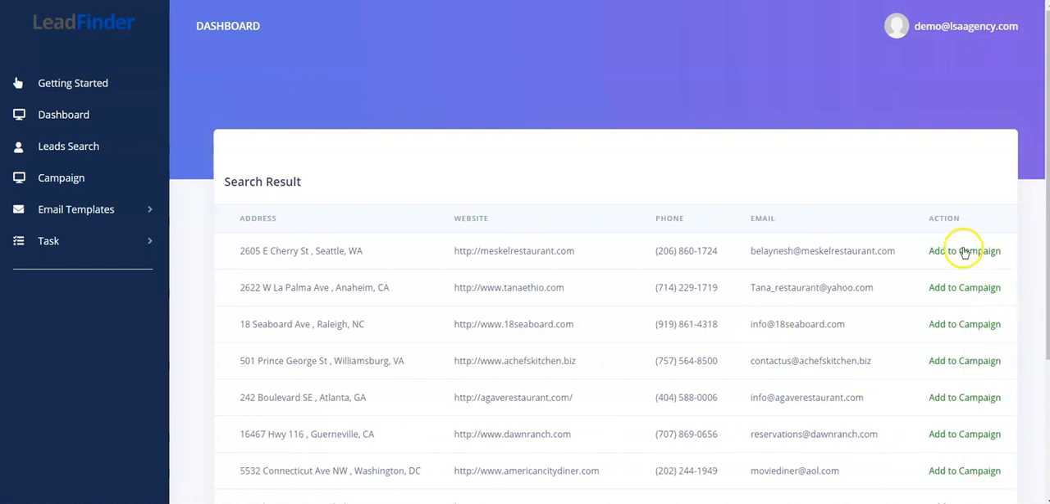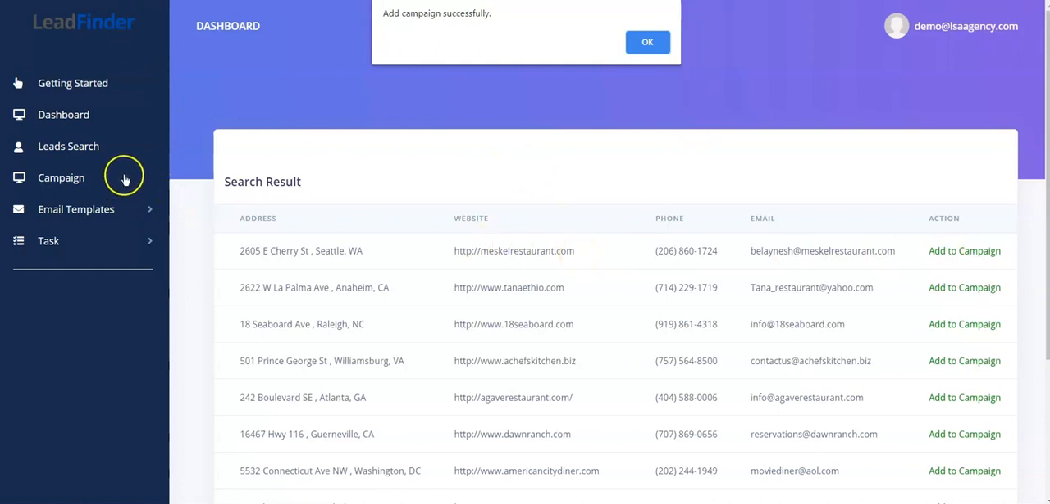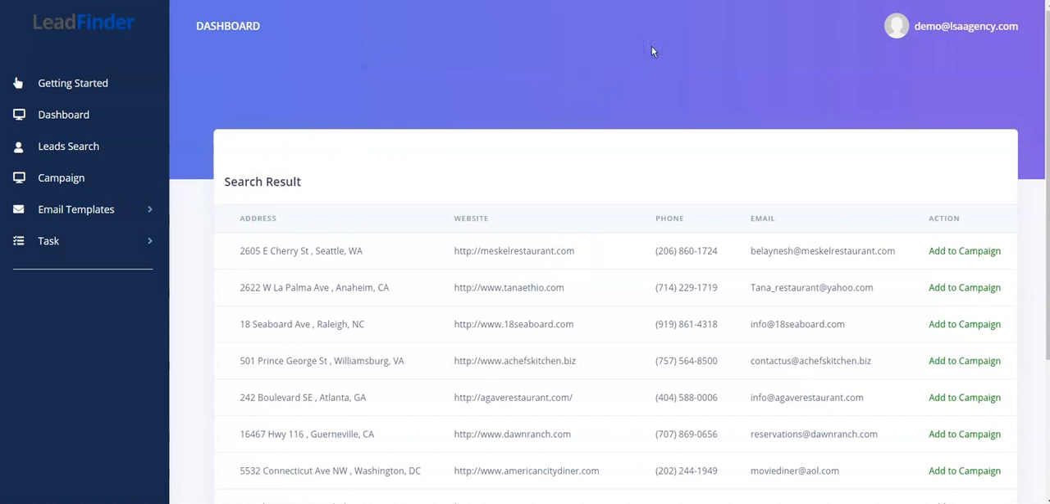So I'm just going to click on the add campaign button. What this does is it adds this particular business to your campaign dashboard. So I'm going to click on OK for the campaign to be added. Now, if you take note of the name of the restaurant,